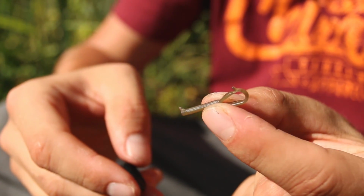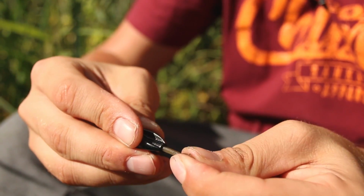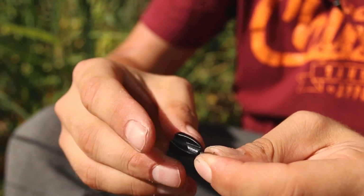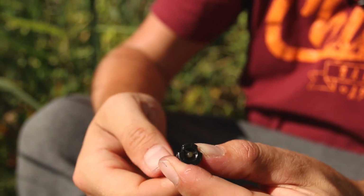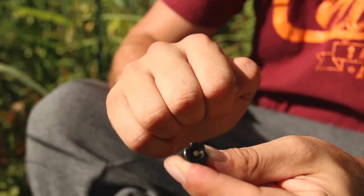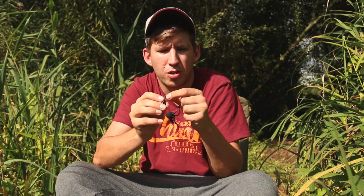You can simply take the insert and thread it into the top of the lead like so, and then you just twist it. There's a little nodule on the end of the insert that now will stop this from being able to pull out of the lead. So you've now created a traditional clip-on style backlead where you can just cast your rig